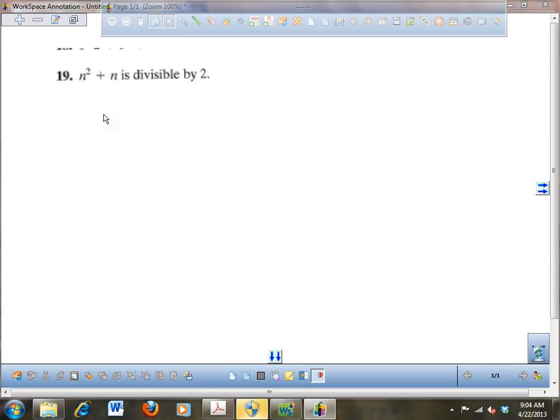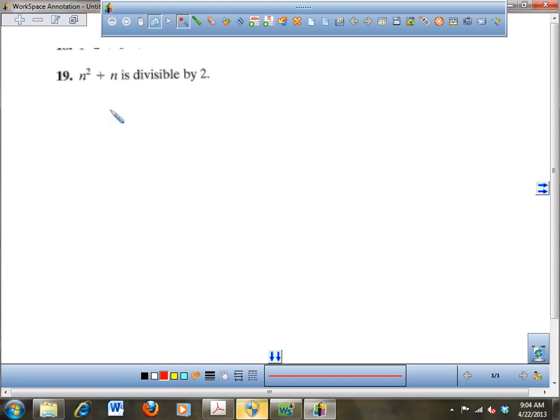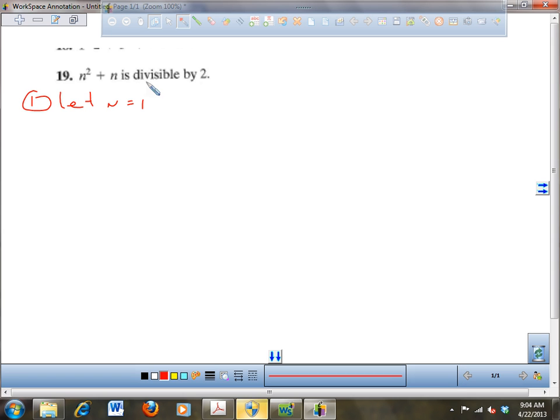So anyway, this is mathematical induction. This one's a little bit different, but we're going to try to do it. Show that n squared plus n is divisible by 2. The first step, always, is to let n equal 1 and show that it's true for n equals 1. So 1 squared plus 1 equals 2, and since 2 is divisible by 2, that checks out. Do you get that? Okay. Now, assume